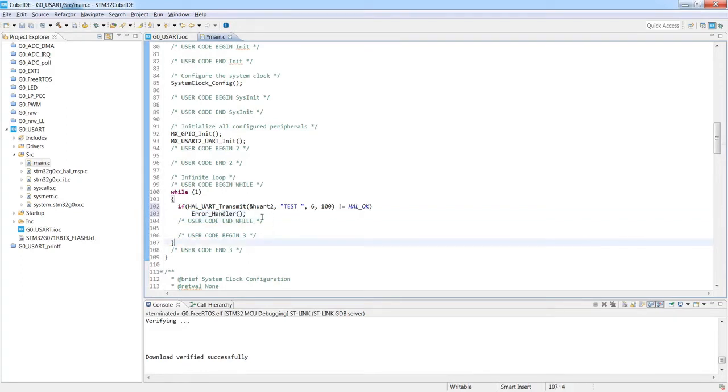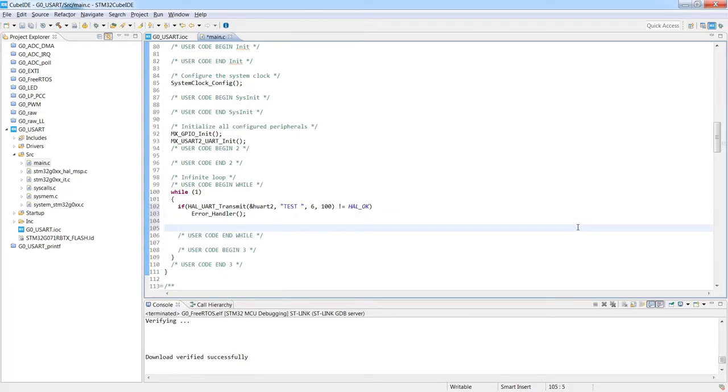Okay. To not block our microcontroller, I would use some delay function at the end. HAL_Delay. Let's put here 500 milliseconds to make this string display visible. Okay, so this is all from the coding side. Let's try to compile the code. So I would build it.